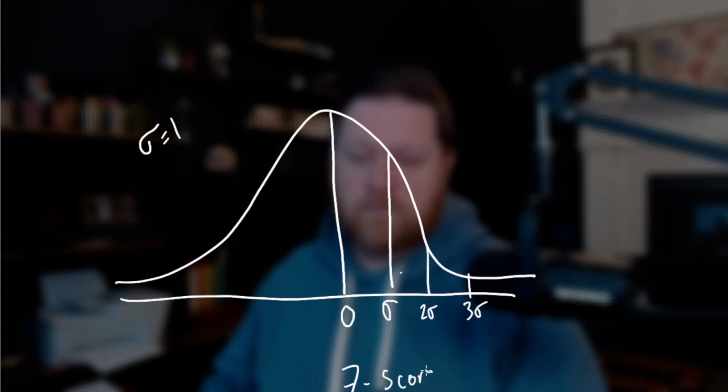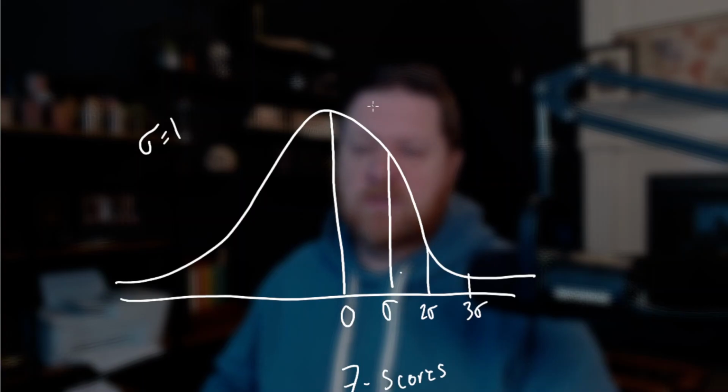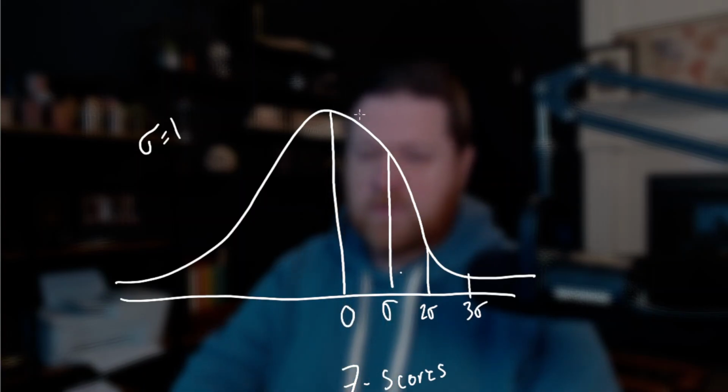Z-scores are essentially how many standard deviations you are away from the mean. Okay, so let's do an example, and this will make more sense. So let's say that we have a normal distribution. Let's say it's an IQ test. All right, so we've got an IQ test